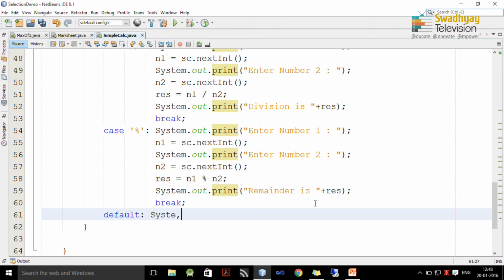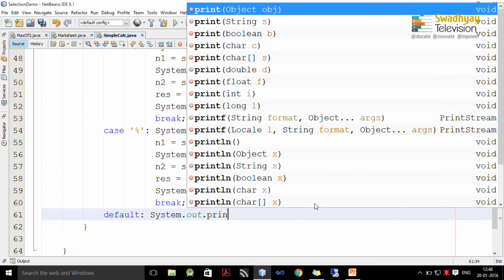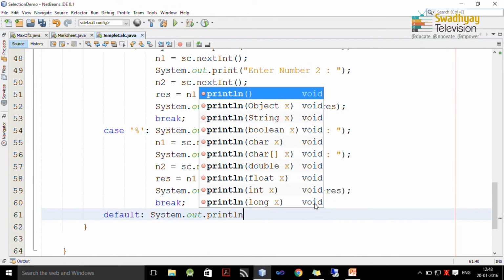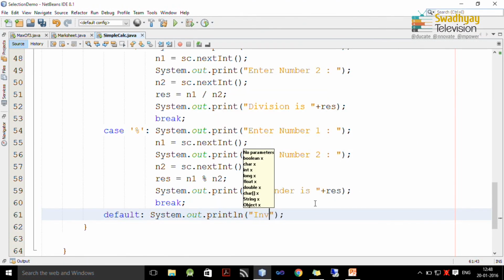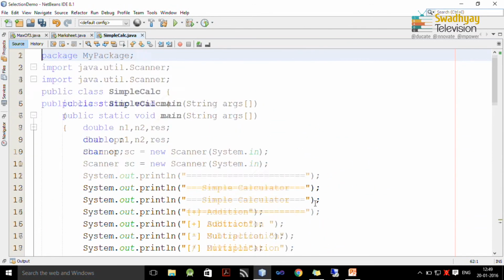So, here we are going to print invalid input, because our input does not match with any of the operator. So, our program is ready. Again we summarize this program.